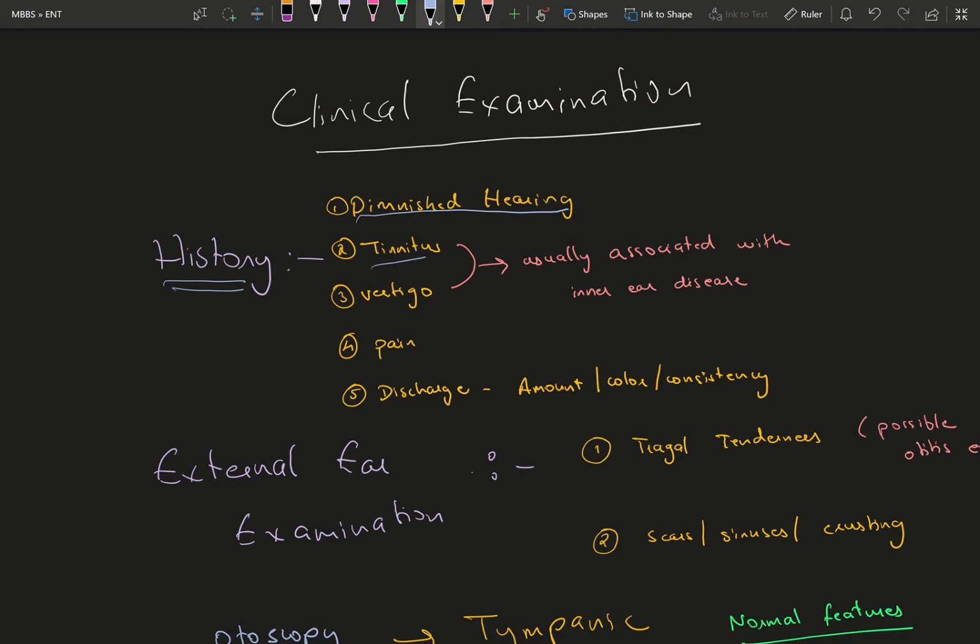Followed by tinnitus and vertigo. Both of these are signs of inner ear diseases. Tinnitus is where the patient hears a ringing sound within the ear, which indicates there's something wrong in the process of production of the impulse from the external noise, because even though there's no external noise, there's an impulse produced and sent to the brain, which is basically tinnitus. And vertigo is where there is a loss of position sense and you feel dizzy, so that is vertigo.